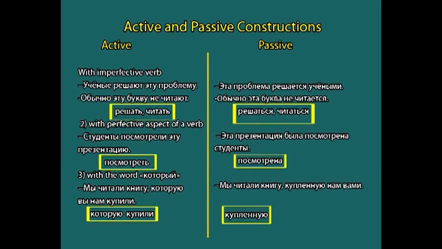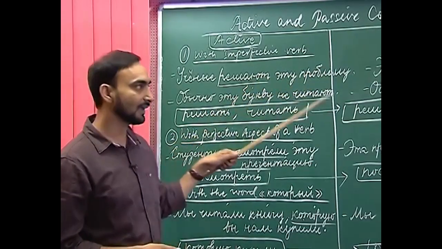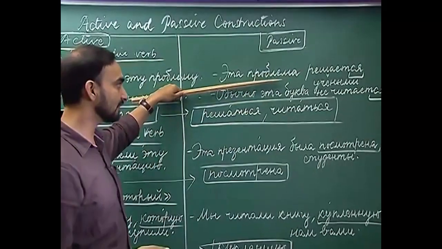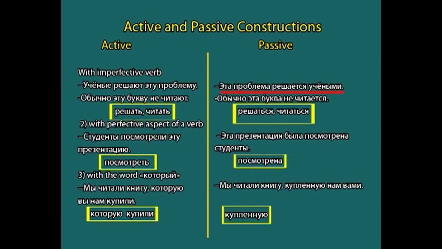So, here in the active construction, what is the object? Object is etu problemu. So, we will bring it in the beginning. Eta problema. So, now this will be the subject, or this will function as the subject. Eta problema rishayatsa